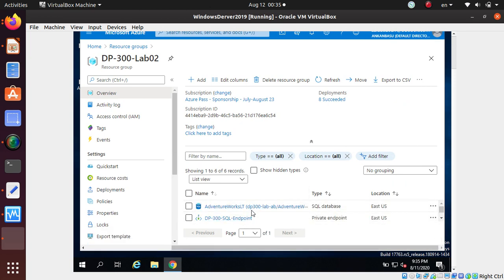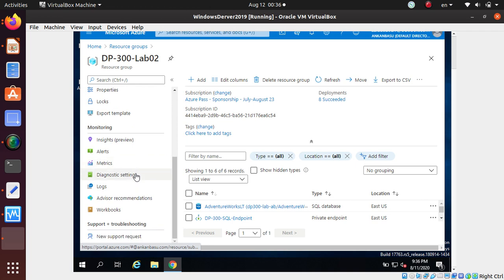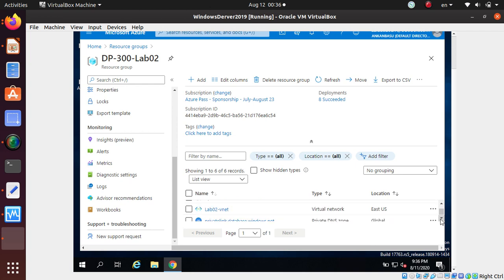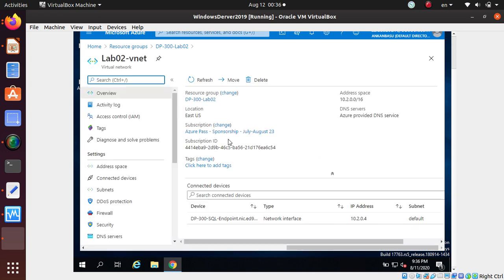Okay, so we have two different things. What I'll do at this time, go to our, we have a SQL endpoint, right? So that is what I think is causing trouble for us. So what we'll have to do, let's look at the virtual network that we have. In this virtual network, we have only